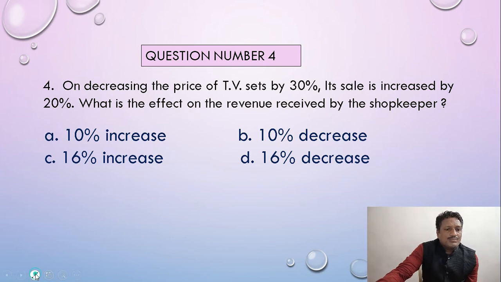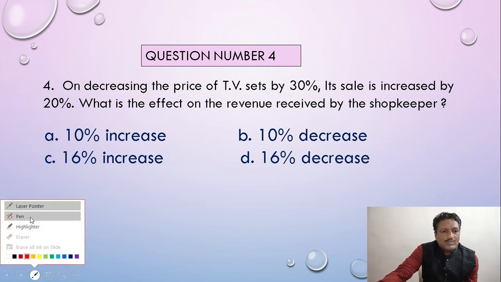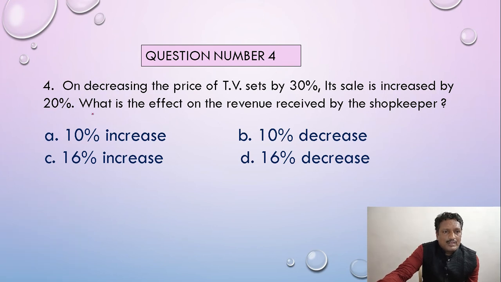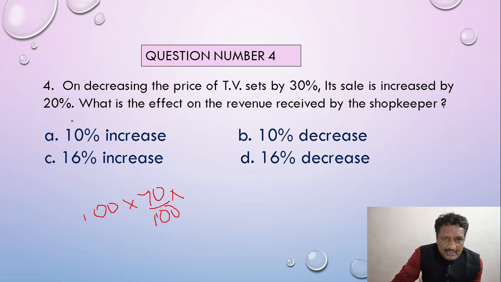Suppose if you want to do it mathematically, let us consider the original value is 100% here. 30% decrease means we should compare 70 by 100. 30% will be decreased means out of 100%, 70%. Again, whenever the percentage decreases, we should subtract from 100. Percentage increase means we should add to 100. So here increase by 20% means it becomes 120.